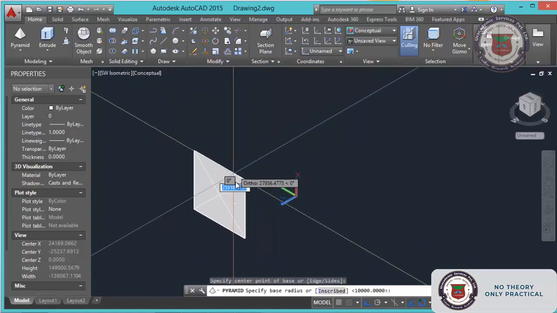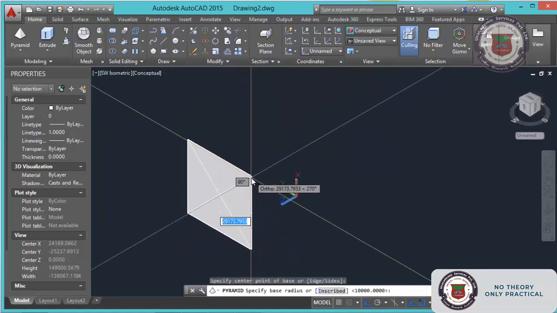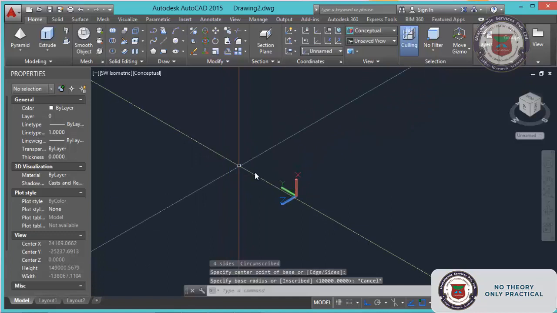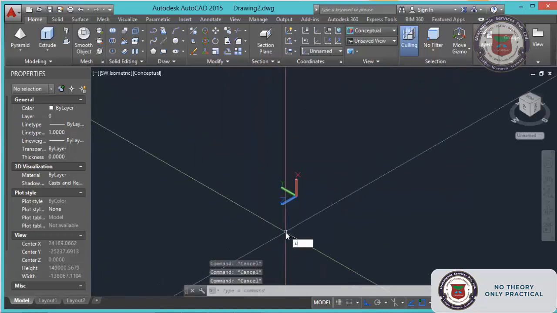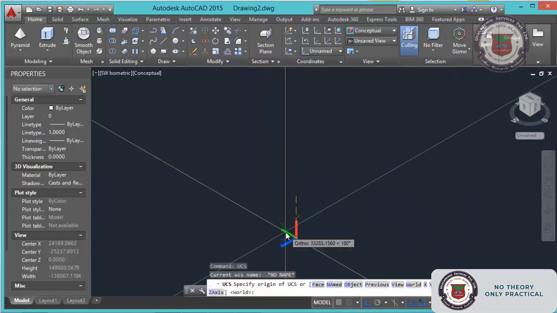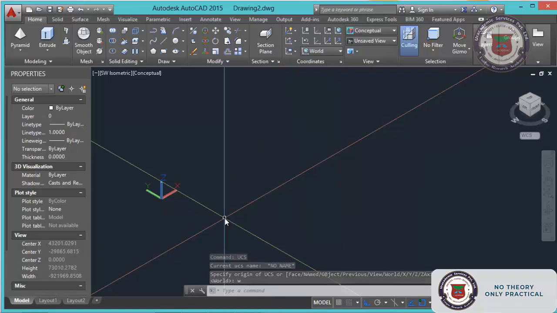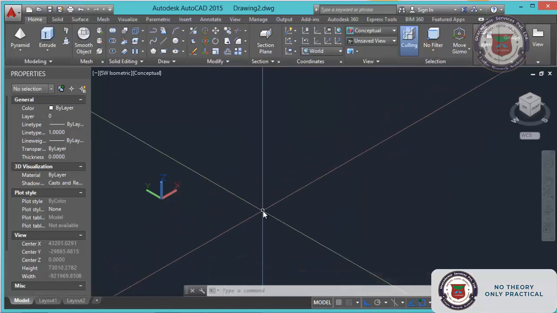Now you see this face is something like this. So I don't want to make it in this plane right now. I will change the UCS to the original position, and whenever required we will change it for another position. Now I will change my UCS to the original position. For UCS, you just enter W. UCS world, in the sense XY plane will be in the top view. That is the UCS set called world.